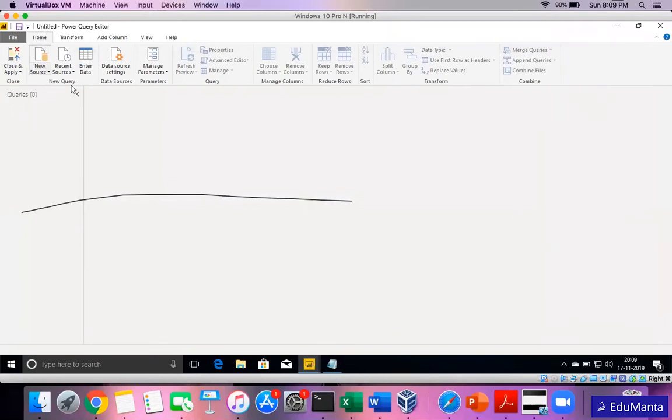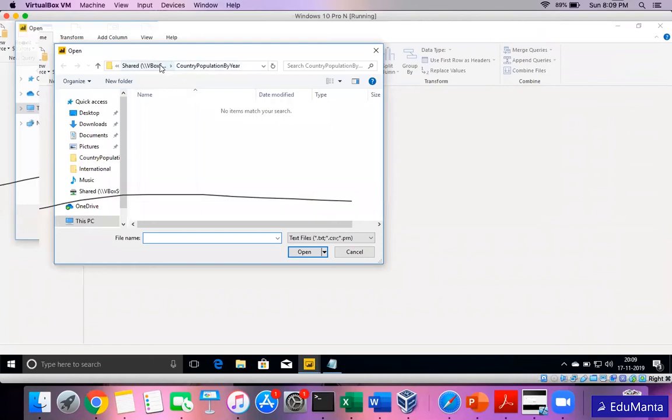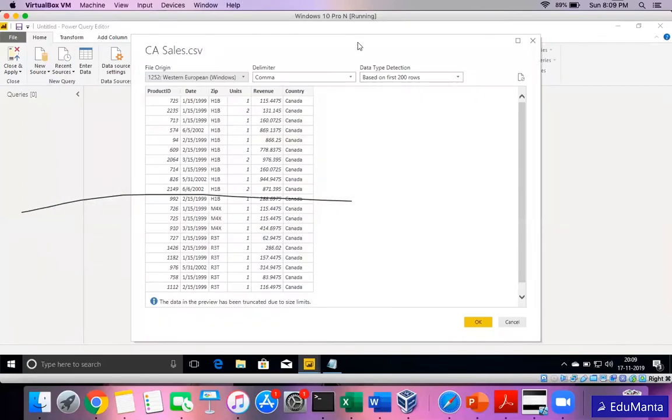Here in the query editor, I will go to new source, select text or CSV. I'll browse to the particular folder International, and I will select one of the files. Here it is. Since it's a CSV file, and we know it can be delimited by different types of delimiters like comma, equal sign, and so on, by default Power BI has detected that it's delimited by a comma, and data type detection is on the first 200 rows. But if there is some change, we can change it here. If I know my data is not delimited by a comma but a space or a tab, I can change that property here. Right now I'll keep it as default because I know this is the correct setting.